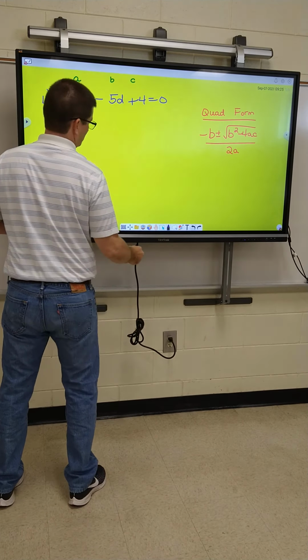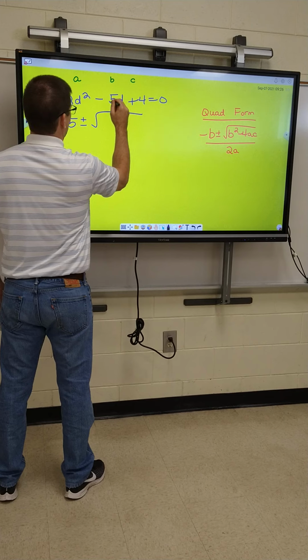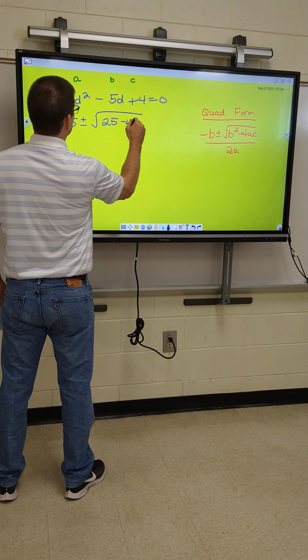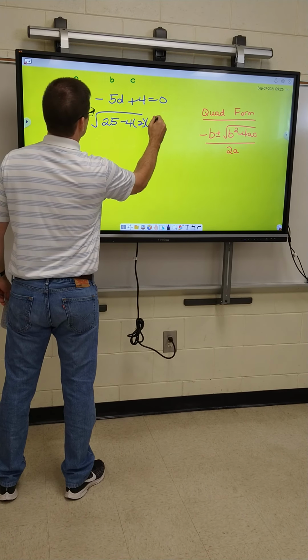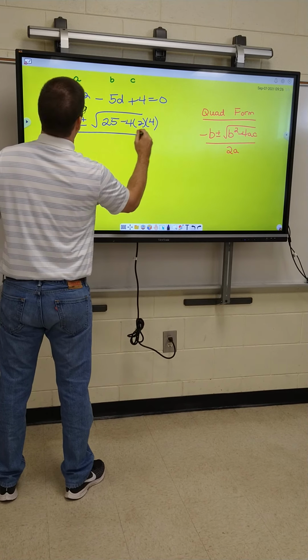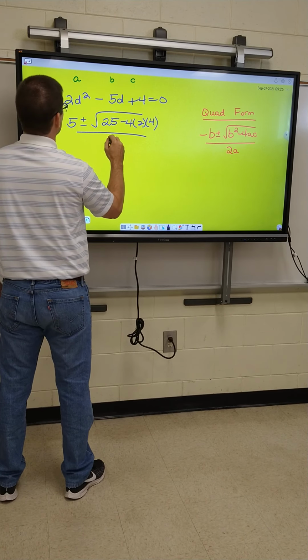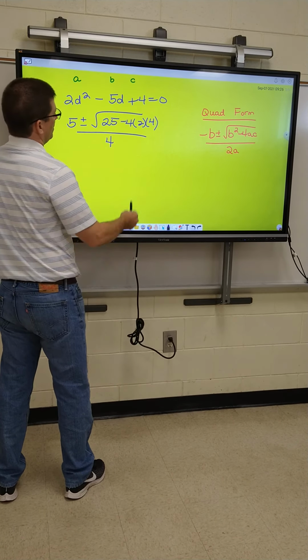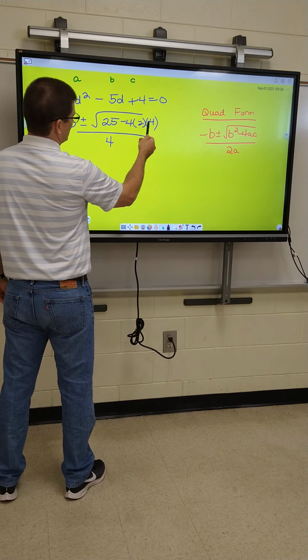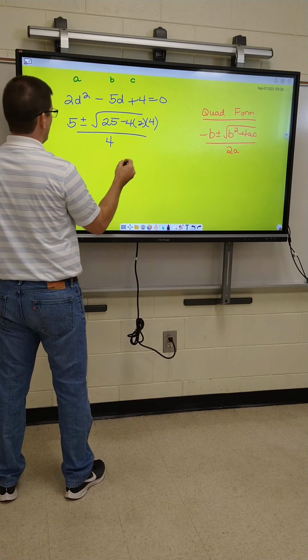All right, again, I took this 5d and I had to move it over, and you had to get it in order. d squared in the front, the d goes second, then the integer without a variable. All right, so I got 5 plus or minus the square root of 5 squared, which is 25, minus 4 times 2 times 4, over 4. 4 times 2 is 8, and 8 times 4 is 32. So 25 minus 32